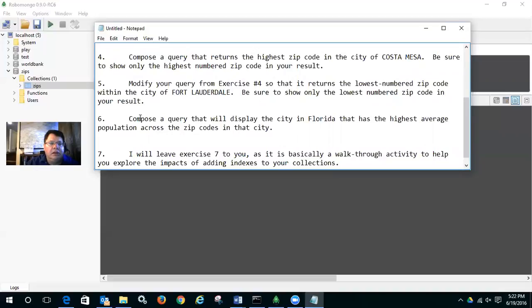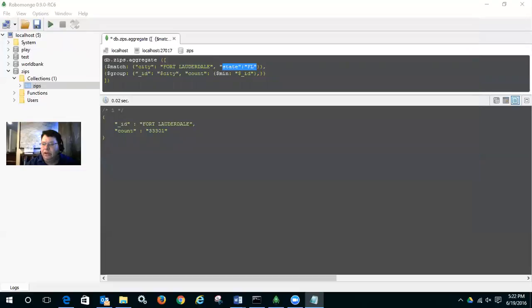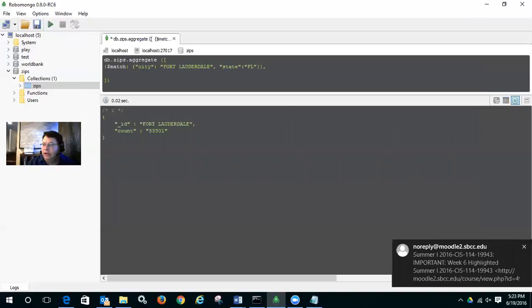Number 6, compose a query that will display the city in Florida that has the highest average population across zip codes in that city. Holy smokes, this may take a little bit of thinking. So maybe we want to bring this in a piece at a time because there's a lot going on there. So let's just empty this out and leave the match criteria in and build it piece at a time. So the first thing we want to do is find the